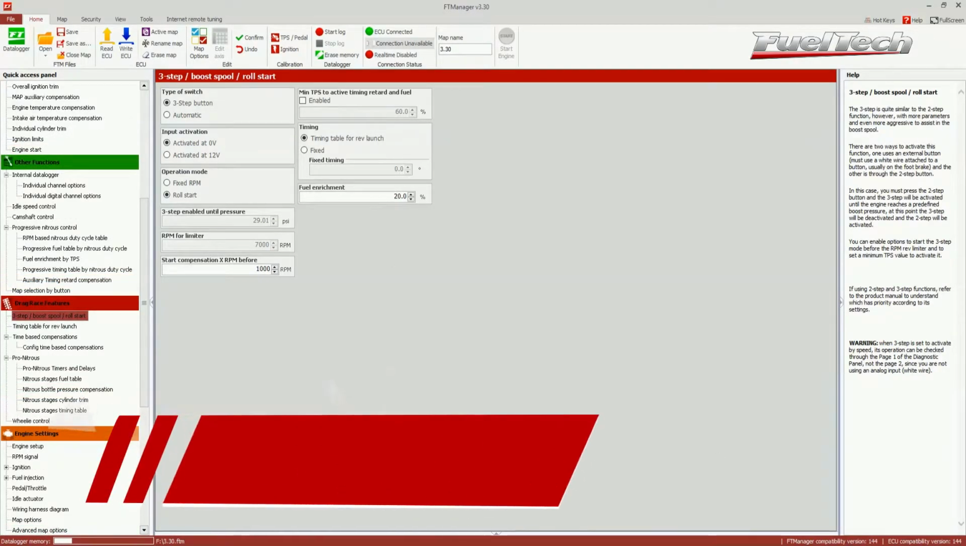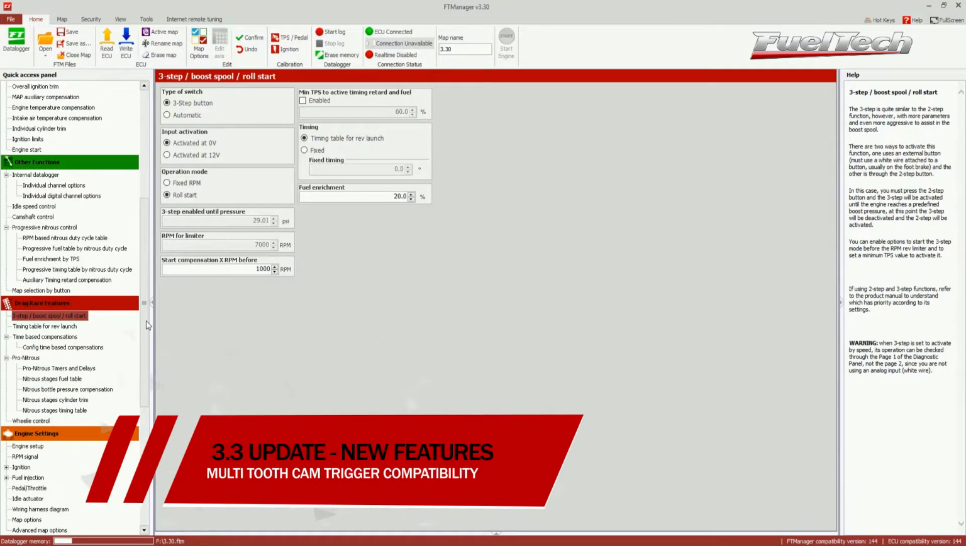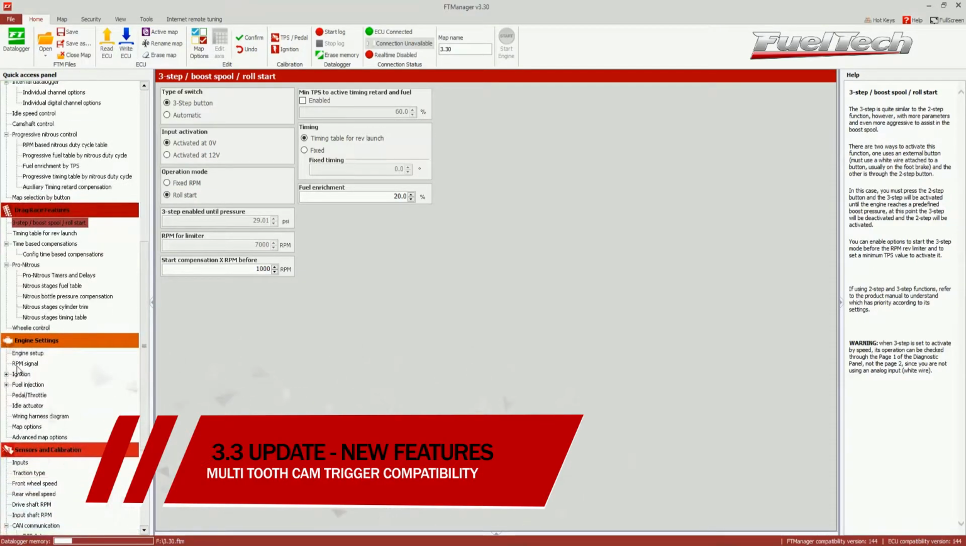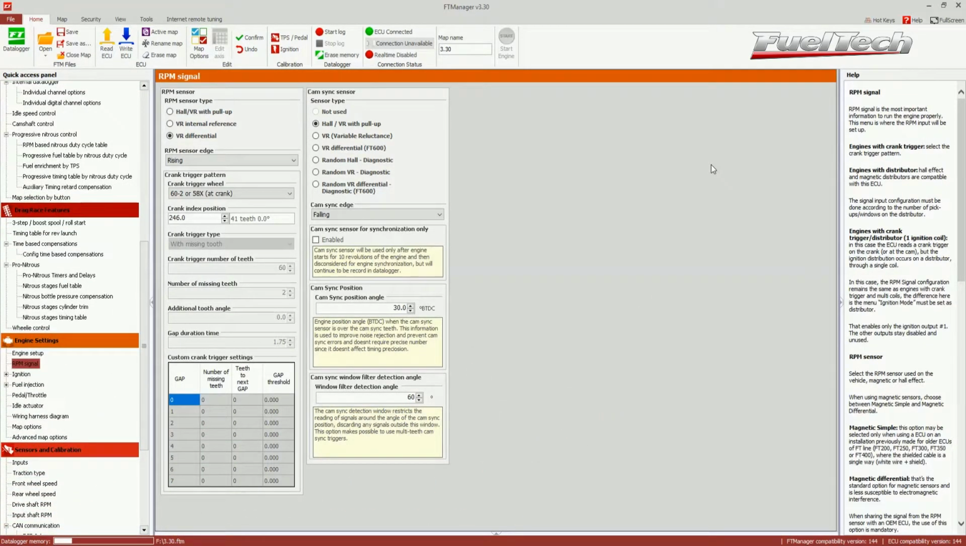Now, multi-tooth cam sync is compatible with the 3.3 version. On the previous versions, you had to either modify your cam sync to a single tooth cam trigger, or use semi-sequential injection and wasted spark ignition. But now, let's say you have a 60-2 or 58X crank trigger, and you have a Hall effect cam sync sensor,